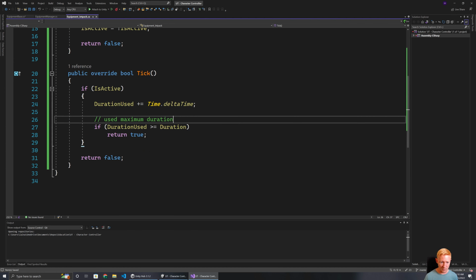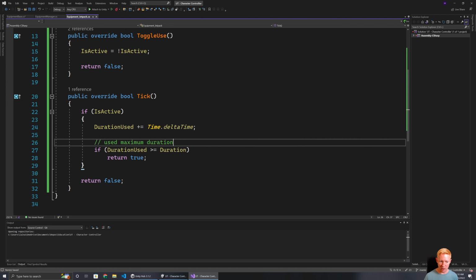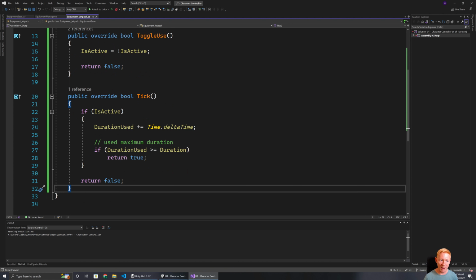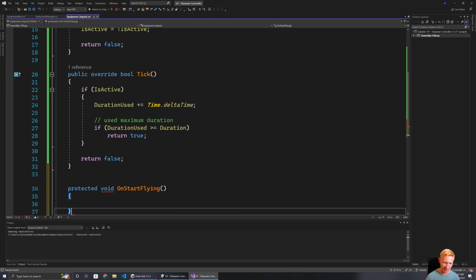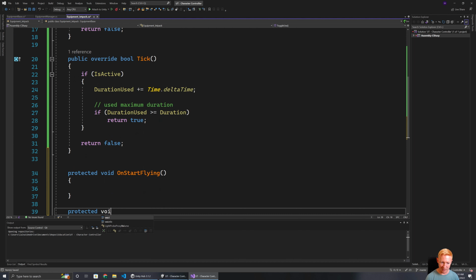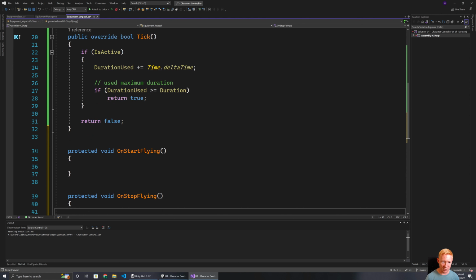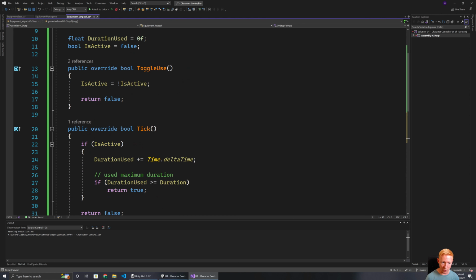So that's good. But there's obviously bits of communication that need to happen with the character motor, because the character motor needs to be told to be flying. So we're going to set up just the placeholder ones for that now: on start flying. And we'll also have a protected void on stop flying. So these in the toggle use,